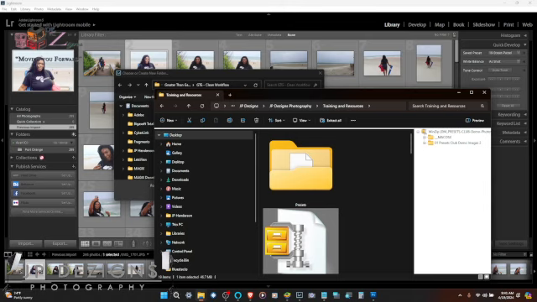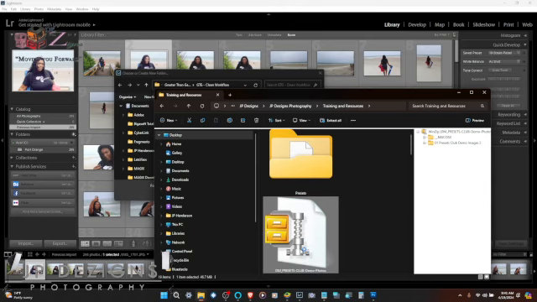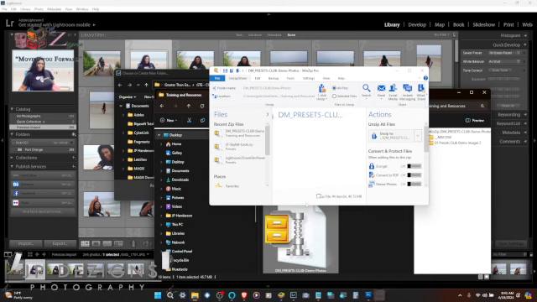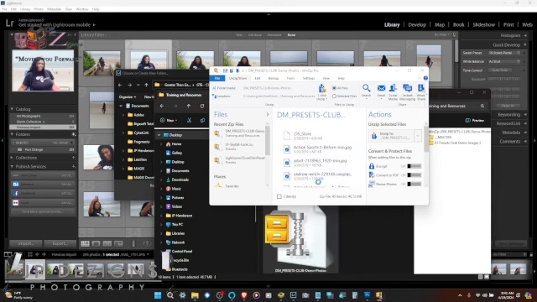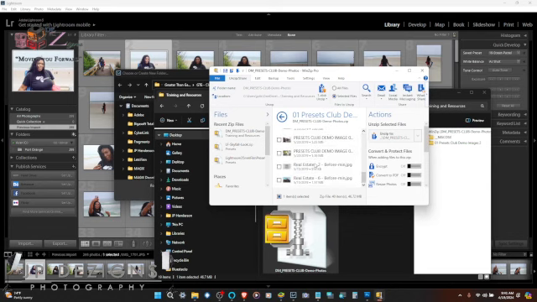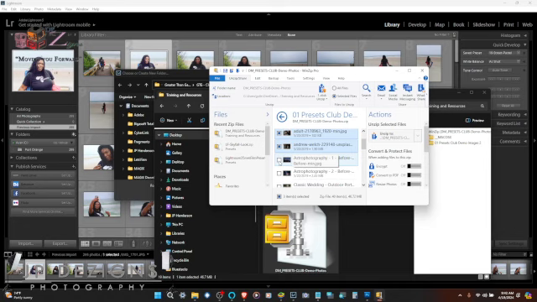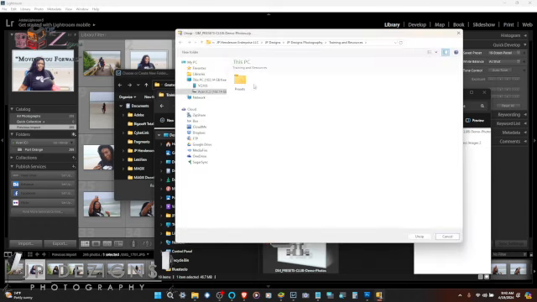Let's see, maybe I have to unzip them first. Let's try to. Oh yeah, these are all just pictures, photos. So I want to, that's 40 items. So I want to unzip these to